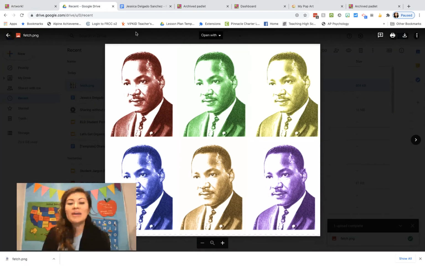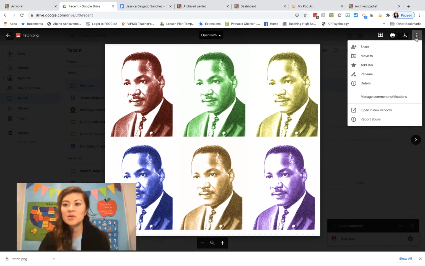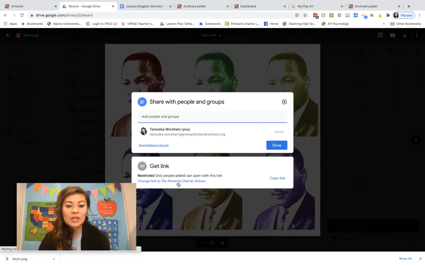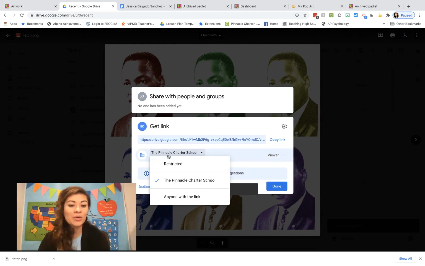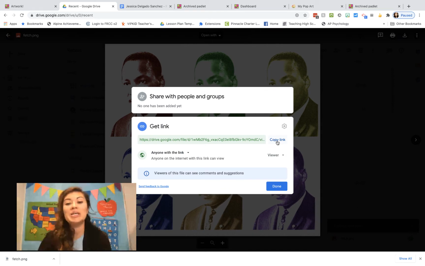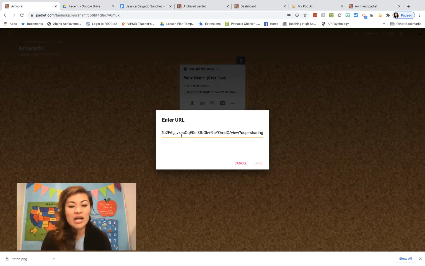Okay, so here I'm in my Drive, and this is actually a student's work. So it's attribution, and they did a Warhol attribution. So I'm going to go ahead and show how they would share it. They press the share button. They want to make sure here that it says anyone with the link can share, and that's a big issue with our students, forgetting to do that. It's really important. So copy the link here, and then they would go and you could just paste the link